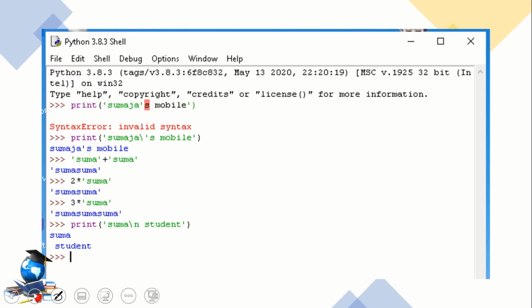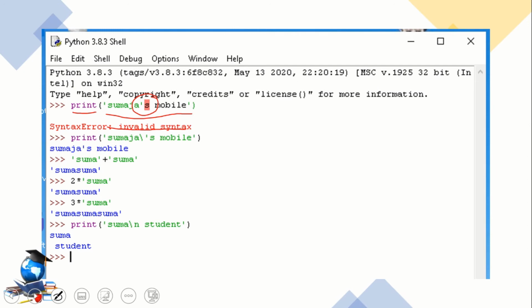Okay. If you want to print a string that contains a single quote like this. Here I have printed Sumaja's mobile by the use of the print function, but I have a single quote within this string. So I got a syntax error here because in Python single quotes have a special meaning.